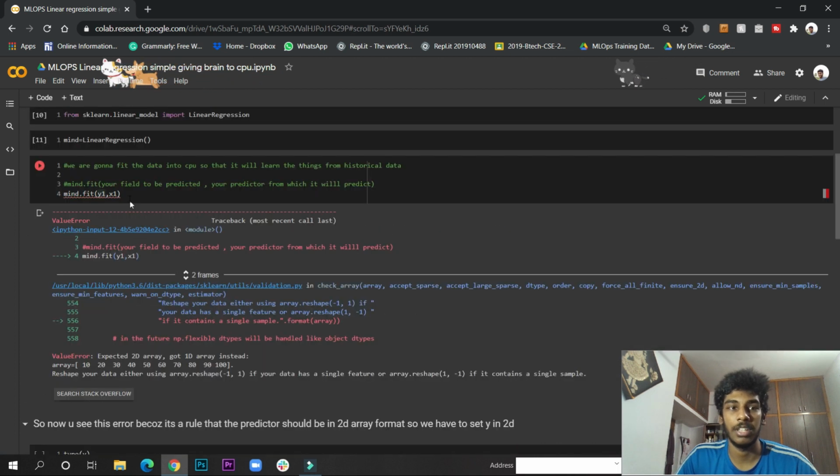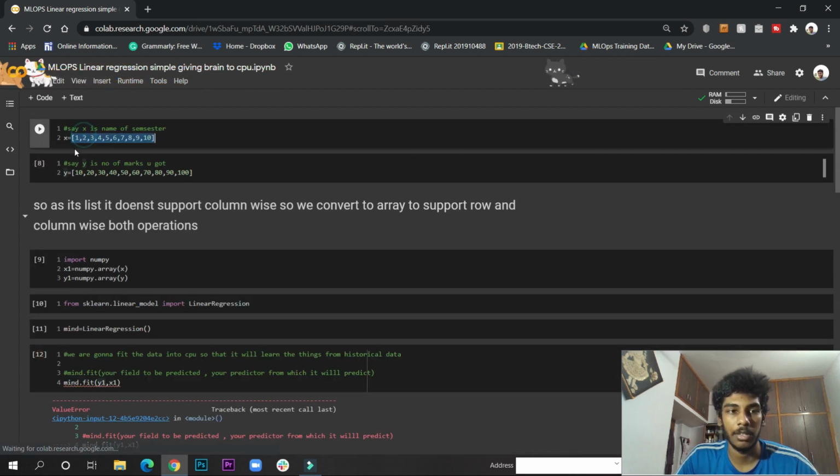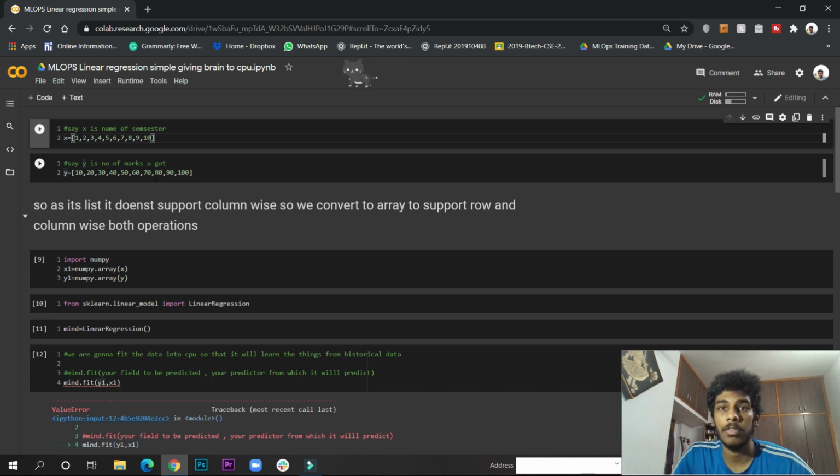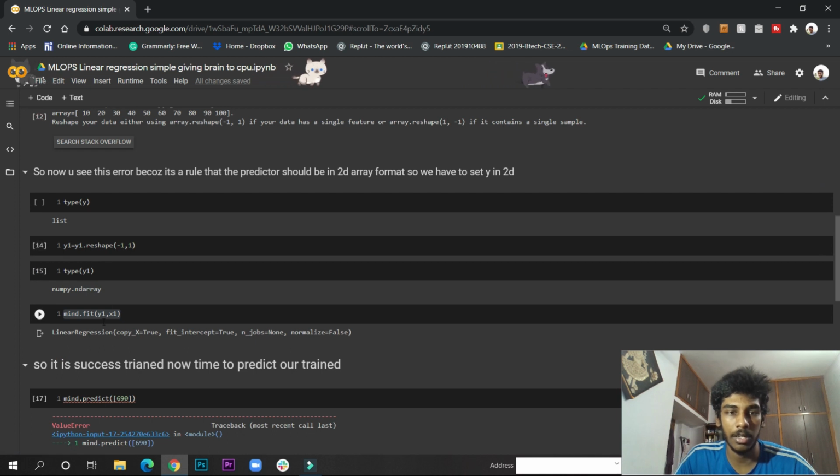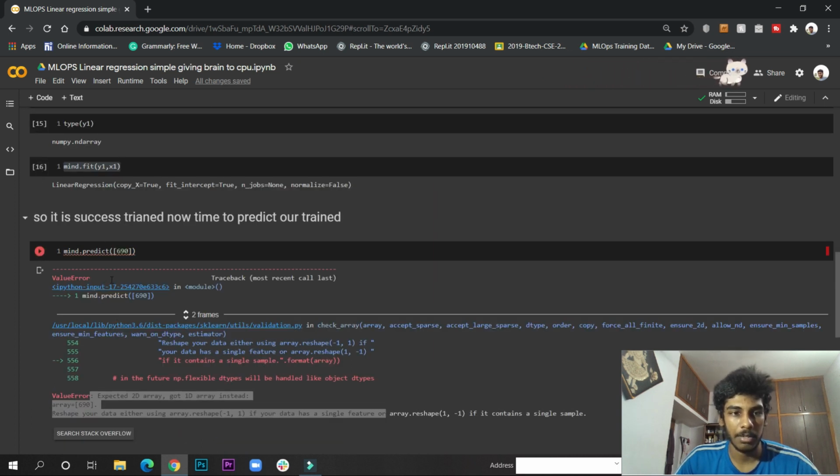Why is it giving 69? If you see the pattern, it has understood that for 1 it is 10, for 2 it is 20, 3 is 30, 9 is 90, 10 is 100. The linear regression function found the correlation, that is y equals p x, and from the relation it found p, which here can be 10. While predicting, y equals p x, where we gave y as 690. It knows p is 10. So x equals y by p: 690 by 10 equals 69. So it is giving 69.